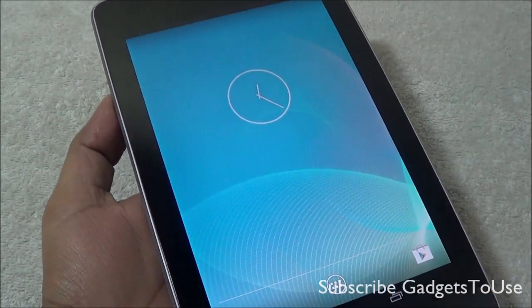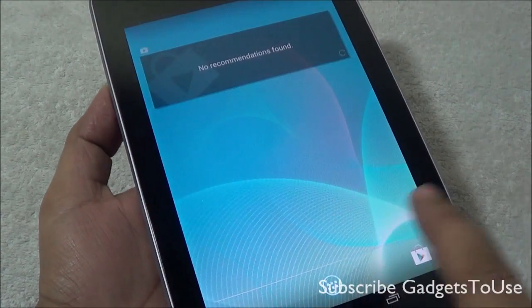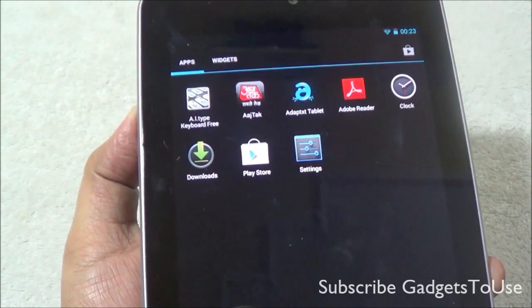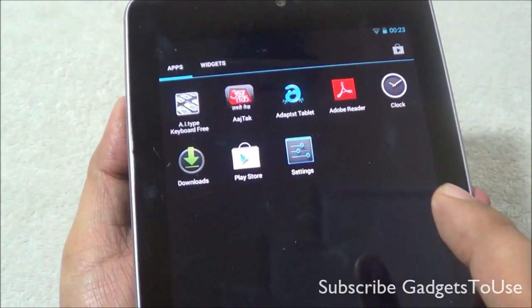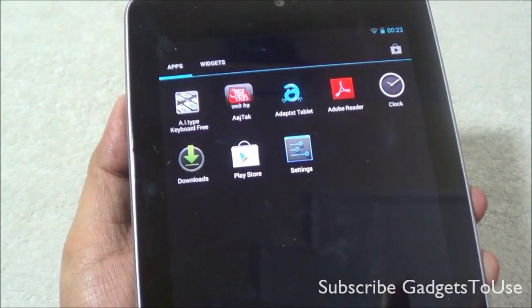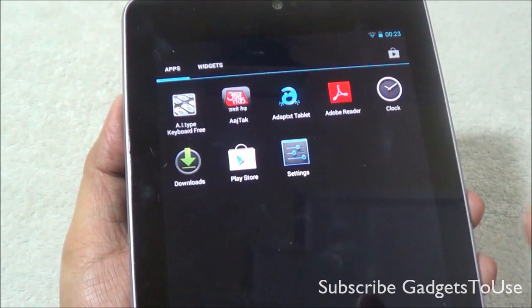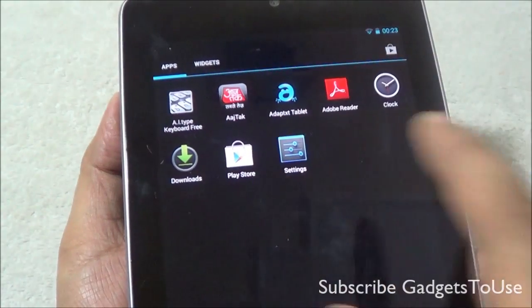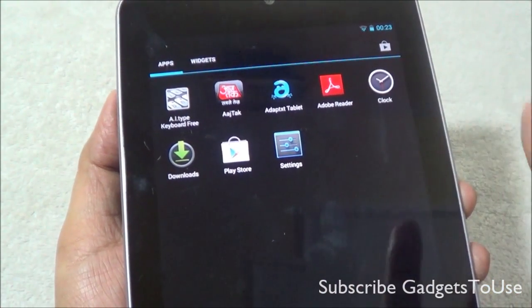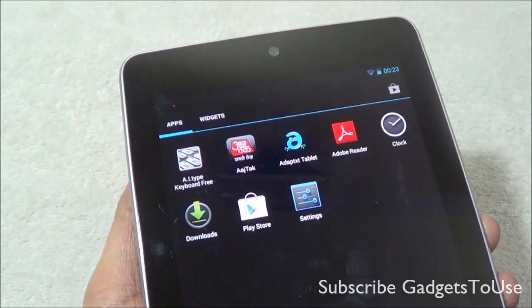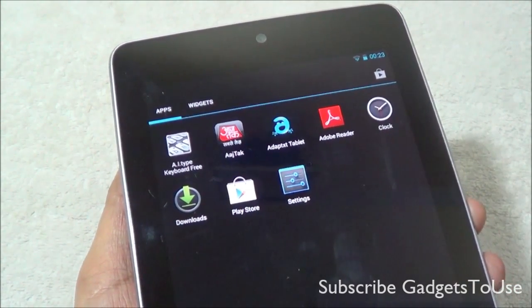So this is how the restricted profile will look like, and I have actually blocked, so only those applications for which I have actually allowed the access previously will show up over here. That means whatever application you have allowed the access, they will show up, and the person will only be able to use the tablet with these applications. He or she won't be able to access the application which you have restricted. And this is how the restricted profile works on the tablet.